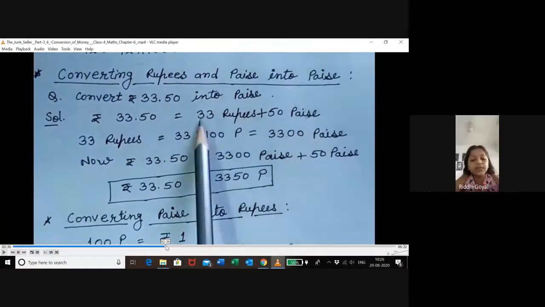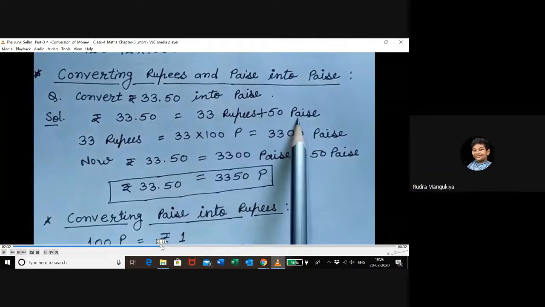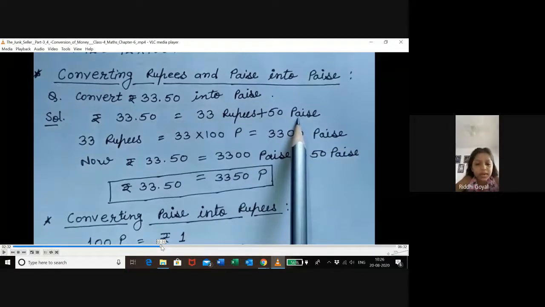Then he will give the children this much. If it is this much, you can adjust, right? Because you have already learned how to do it. You can do it on your own also. Yes, ma'am. So if I give him a 1 rupee coin, he will give me the thing.